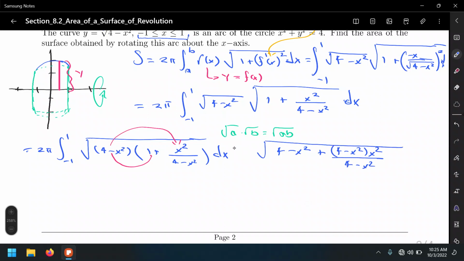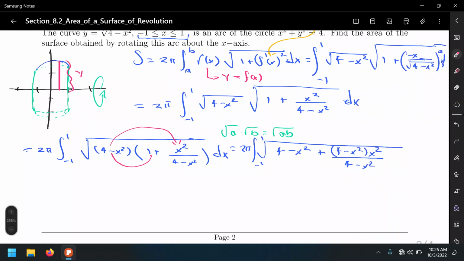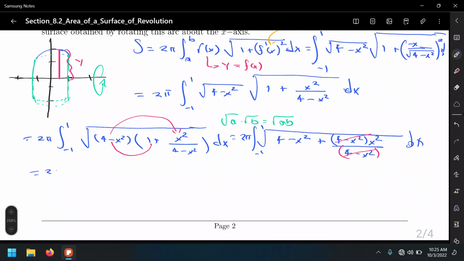Whoops, that's actually negative 1 to 1, 2 pi. So do you see what's going to happen here? See how these are going to simplify? 4 minus x squared and 4 minus x squared are going to get cancelled, dx. And we're going to be left with 2 pi integral from negative 1 to 1 of 4 minus x squared plus x squared with respect to x equals, notice how also this x squared gets cancelled. That's going to leave us with